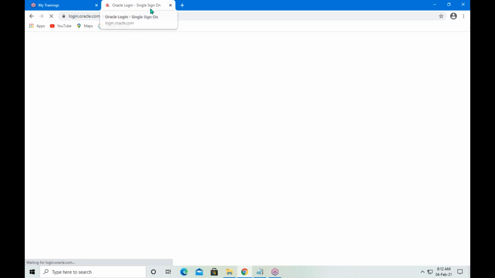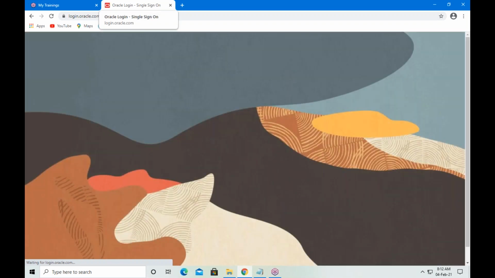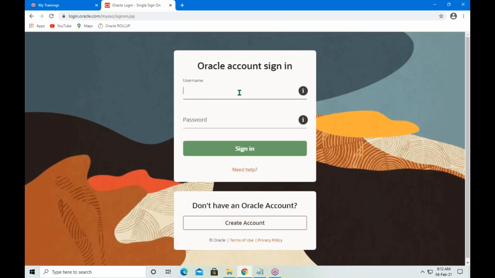Then you will be redirected into login page. Here you have to enter your username and password. So before downloading any database or anything from Oracle site, you should register with Oracle.